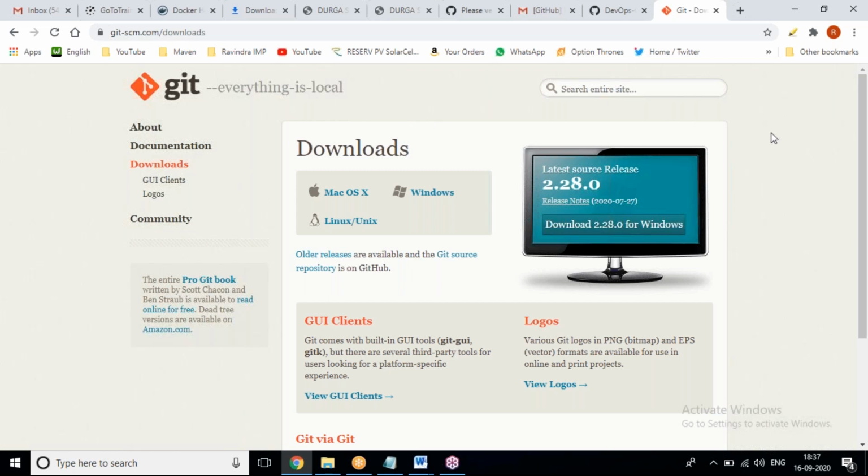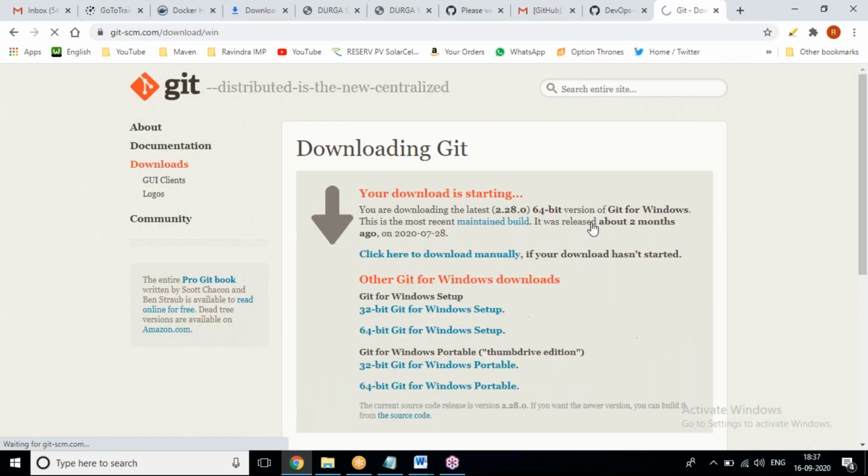Now, who is following on Windows? After opening this page, just click on this one, a single click. See, this is the latest version, 2.28.0 for Windows. Just click on that. Only a single click. That's it.